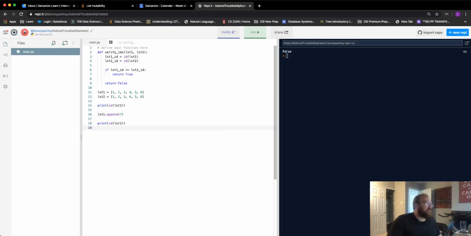So we should be able to see that the list IDs, the memory, this is a numerical representation of a physical memory location in the computer. I can see that these are the same, even though I have mutated the list, right? I have added a new object onto the list, so its contents aren't exactly the same, but it still has the same ID. So I could do that inside of this function,